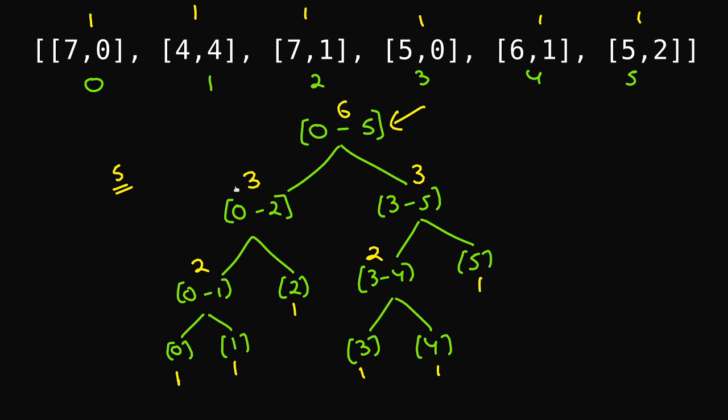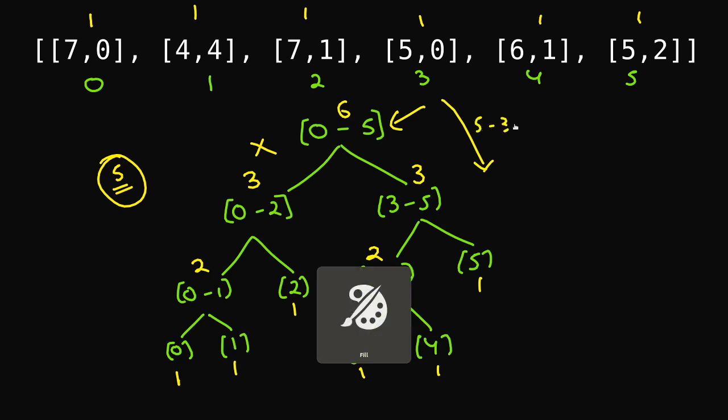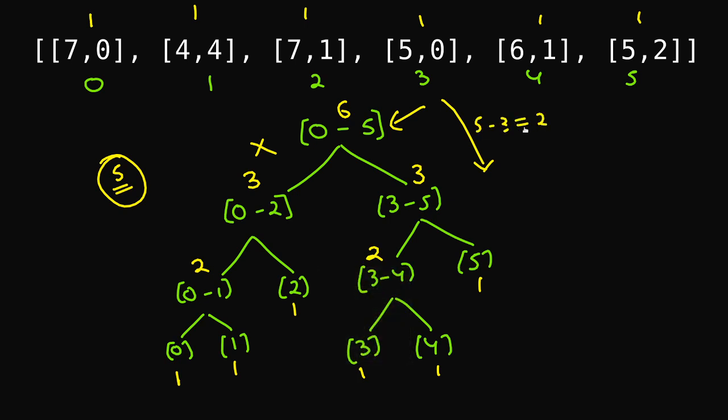We see that there are three nodes. The sum in the left subtree is 3. So that means there are 3 nodes in the left subtree which will be having these ones. But we are interested in finding the fifth node which is having the value of 1, right? So I'll be skipping these 3 and I'll be going down here. But since I have skipped these 3 ones, I only need to find 5 minus 3, which is, I only need to find 2 ones in the right subtree.